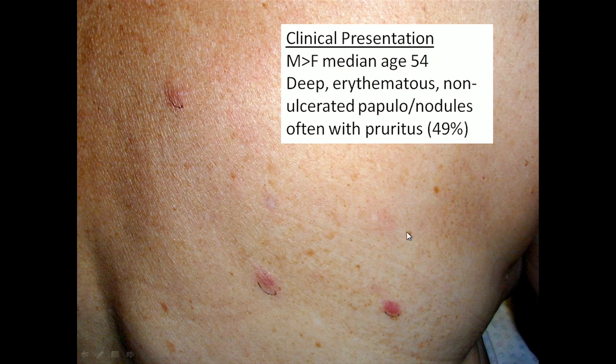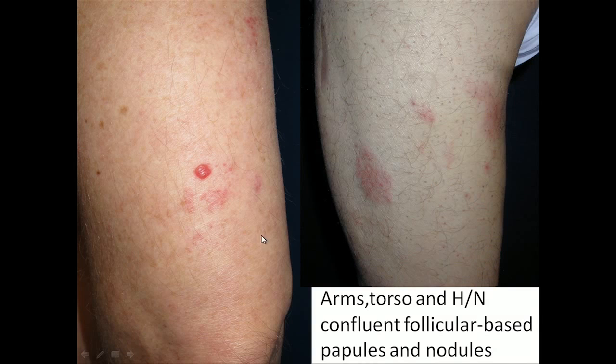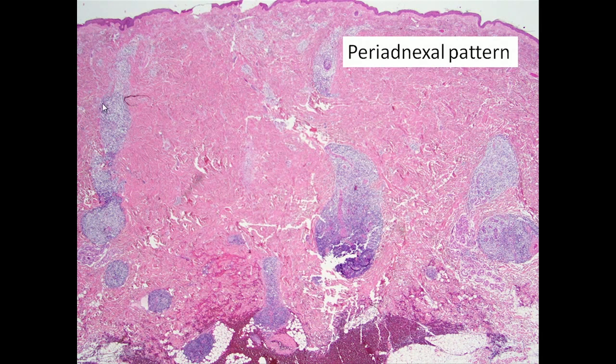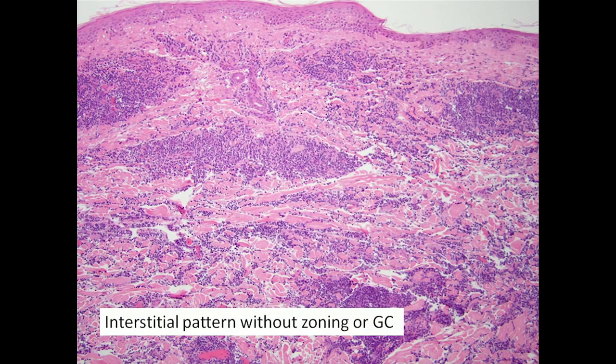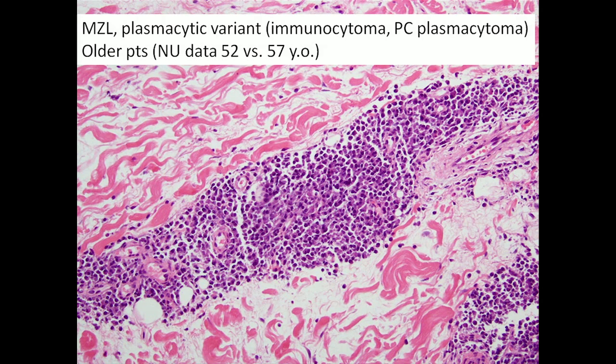In general, MZLs are more common in males, with deep lesions, often very pruritic, and you often find a follicular prominence. Can you see here all this follicular prominence? This follicular prominence translates clinically with this periannexal distribution. Often, especially early on, you see this vertical growth along the periannexal dermis. Over time, they become purely plasmacytic, and those cases we used to call immunocytoma,